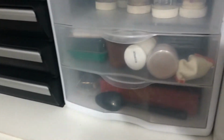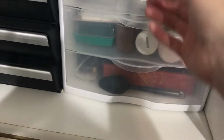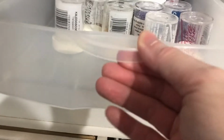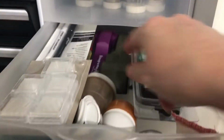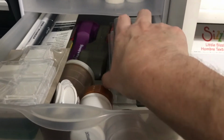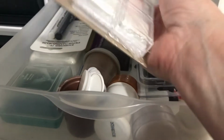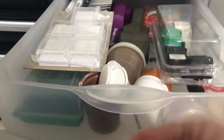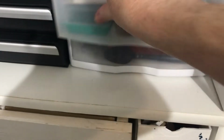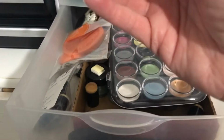I think this is going to stay here. This one is going to stay here because I'll have this opened up, and then I'll have this one. This one has my embossing buddy in it. It has my stamp wheel cartridges, my extra blank ink pads from Stampin' Up! that I can customize my own stamp pads. And then I have my daubers down here and my,